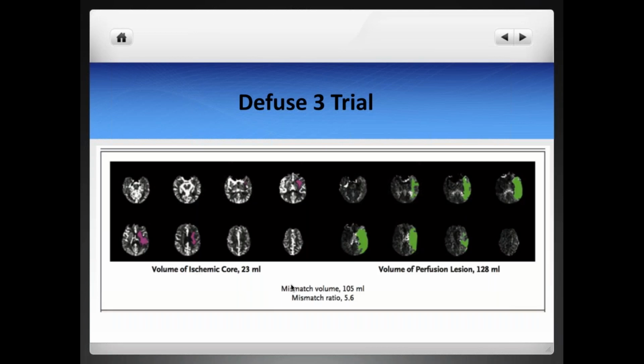This is an example of the RAPID software. As I said, it's a very nice software. The only downside of this software, and when I say software, it's a software that's attached to your workstation to do all this post-processing, the only downside is the money. It's a little bit on the expensive side.